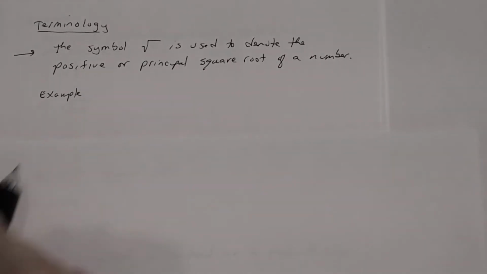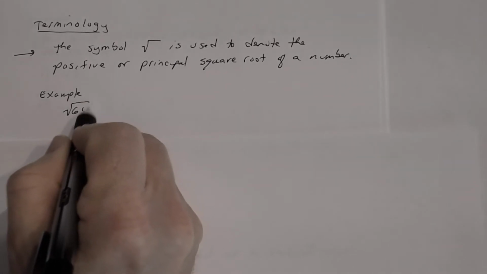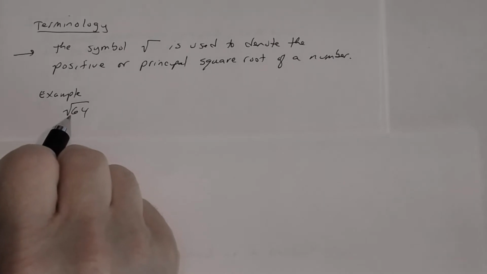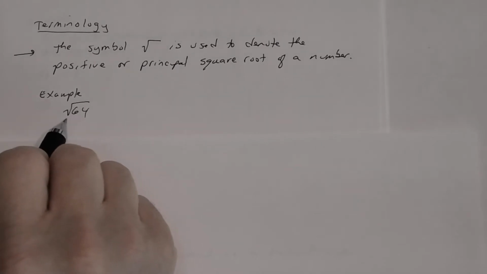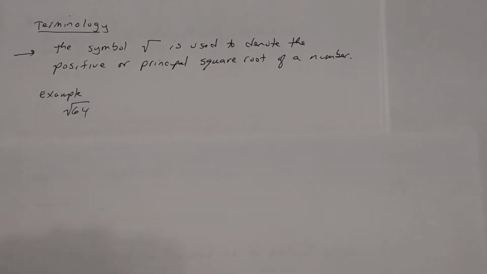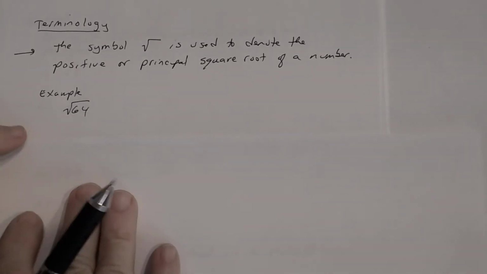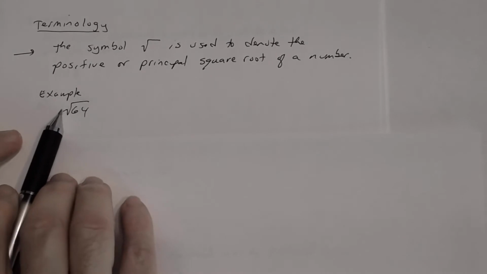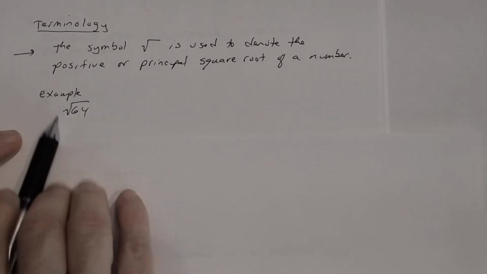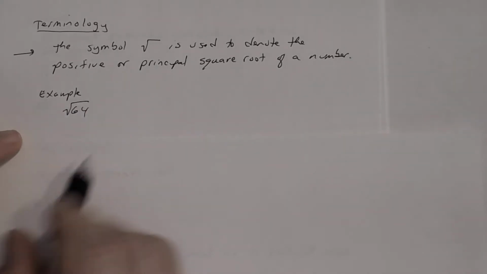All right, so let's look at this example. So here's the example. So if you see something like this, it's important you know how to read this. So this is read as the square root of 64. In particular, I'm looking at the positive square root of 64. See, there's no sign in front. You're looking at a positive square root. Okay? And then in a little while we're going to look at the negative square root. But right now, if all you see is a positive square root, then that's also called the principal square root. So the principal square root of 64 is 8